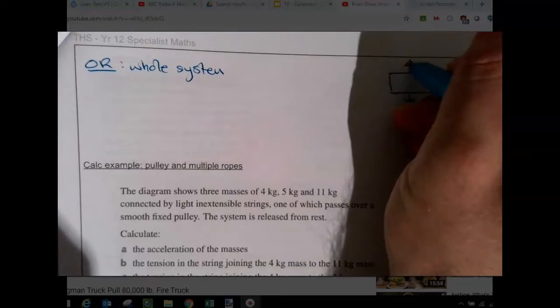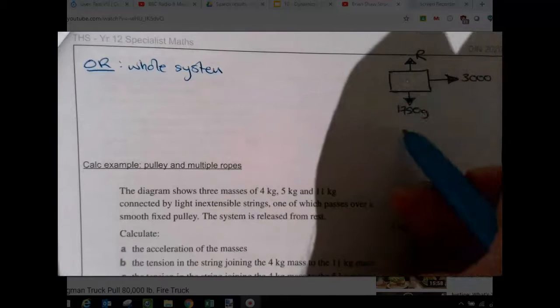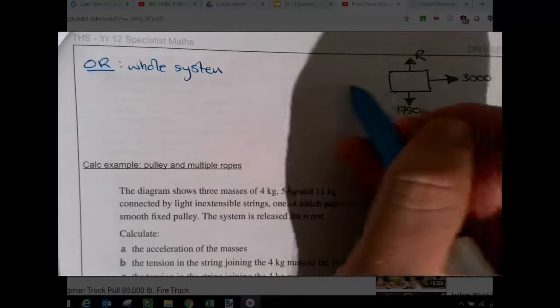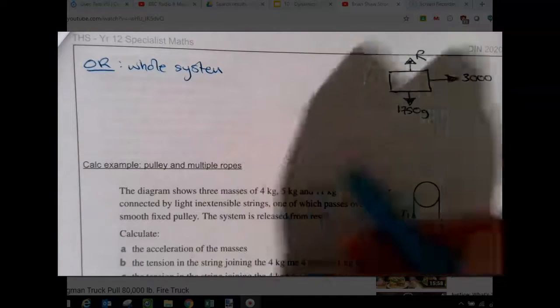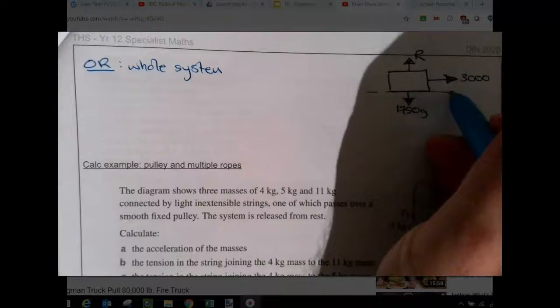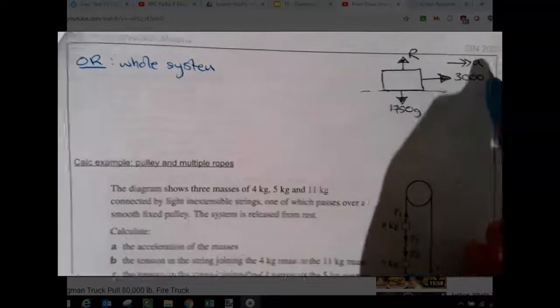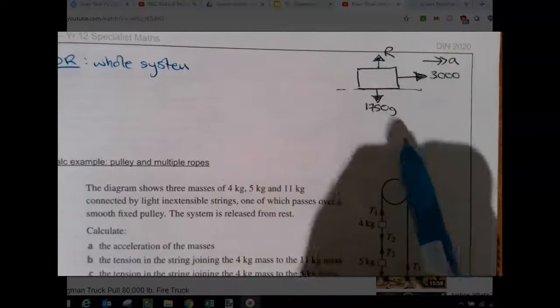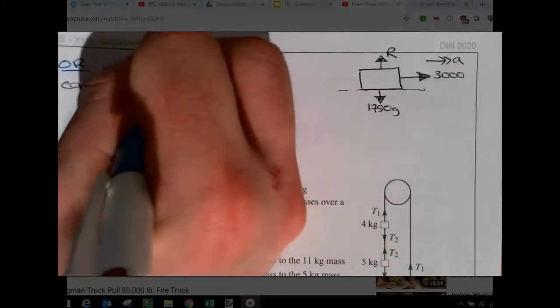The upward force, a new reaction, just call it R, is going to oppose that. And then there is no other force that pulls the whole of the system back. The tensions are absorbed within this. And the acceleration of the whole system is clearly going to be the same as the acceleration for car 1 and car 2. So, if I consider the whole system,